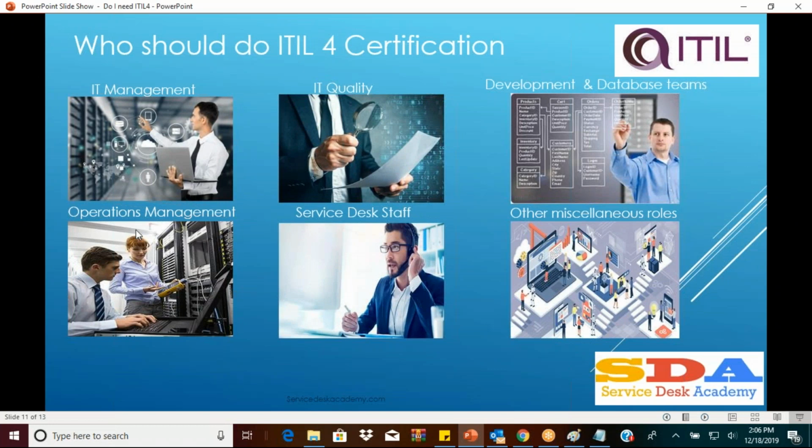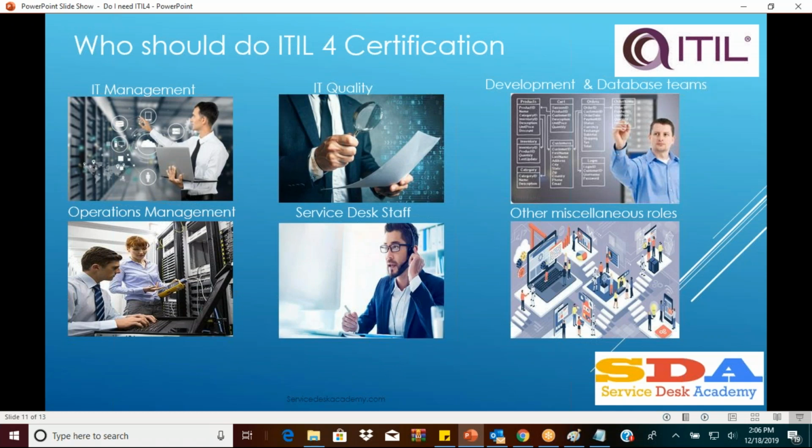Operations management, yes, even they need it, and other miscellaneous teams like architecting teams or business analysts, because at the end of the day, we are all working in the IT department. So when you are working in the IT department, you need to know ITIL, because ITIL provides best practices to manage your IT services. So in my opinion, all teams, irrespective of whether you are a beginner or you're in a governance team or you're in management or you're an auditor, all different stakeholders and IT teams would be needing ITIL 4